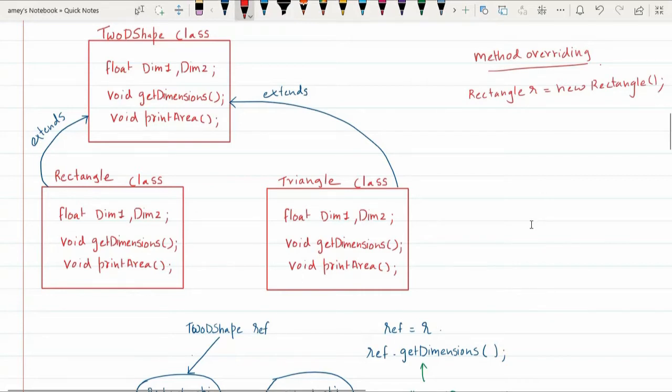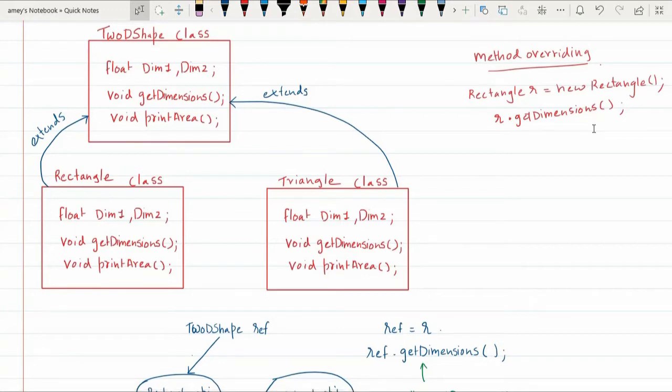But notice that when object R tries to call the getDimension function, which method will be called? Will the getDimension method from the base class be called, or will the getDimension method from the derived class, the subclass, be called? This decision is actually made during compile time.